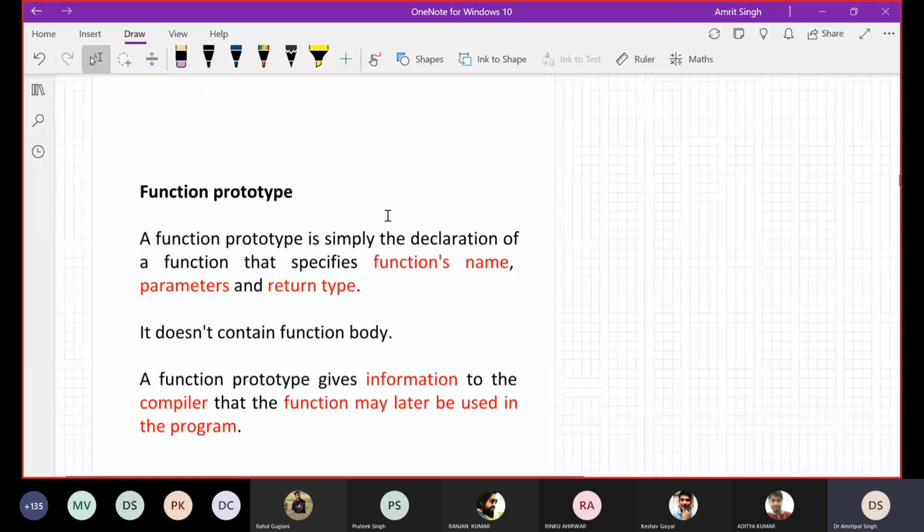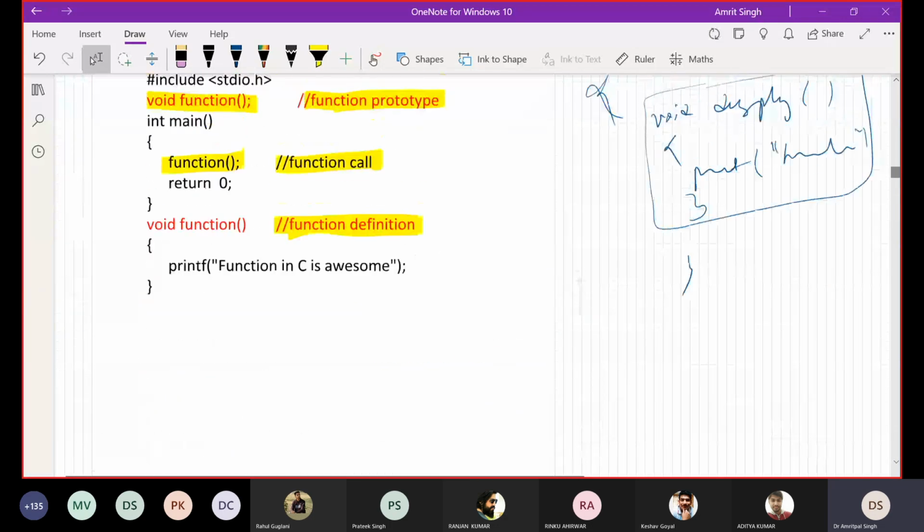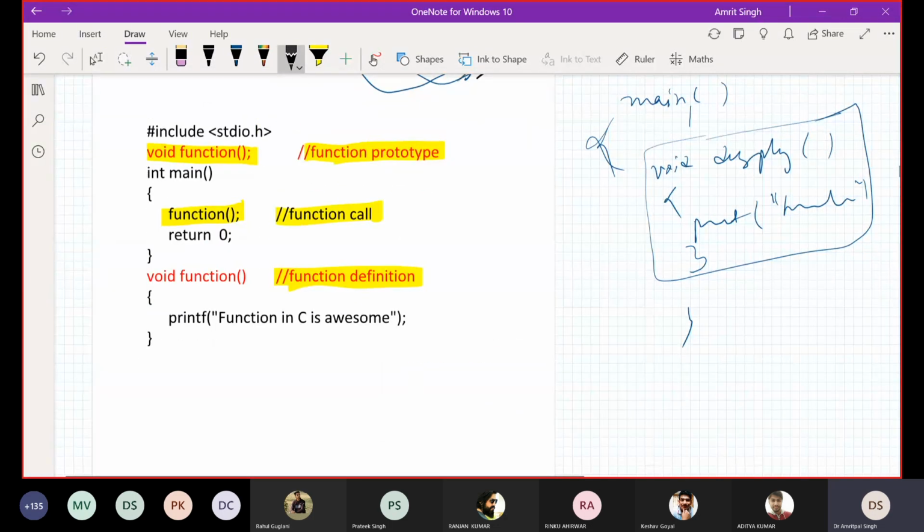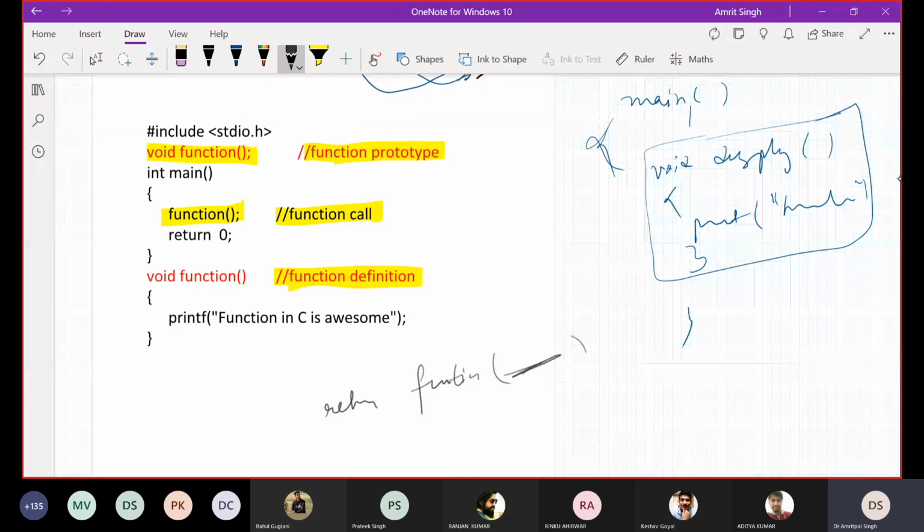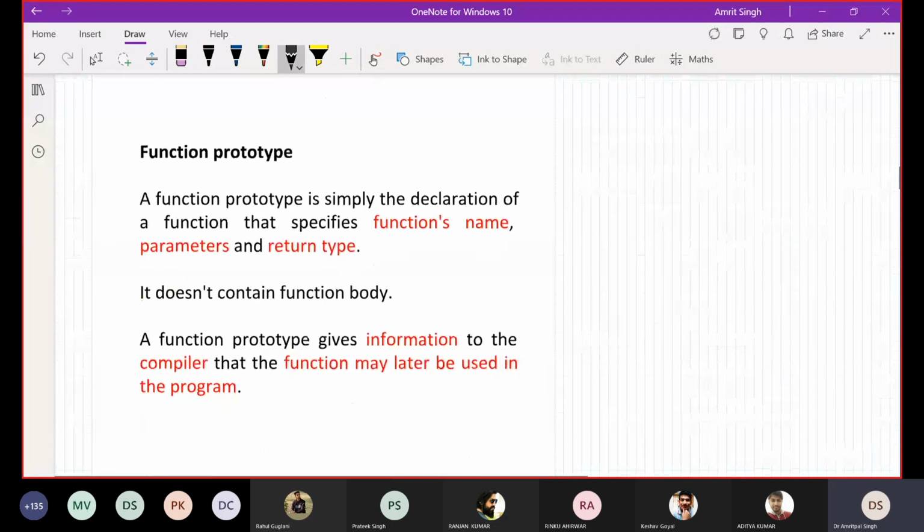In a function prototype, we simply declare, what do you mean by prototype? This thing. We are telling our compiler the return type, the name of the function, and the parameters. What these parameters are, we are just going to see.